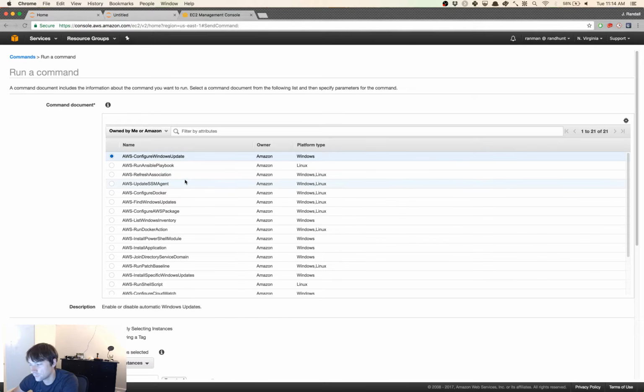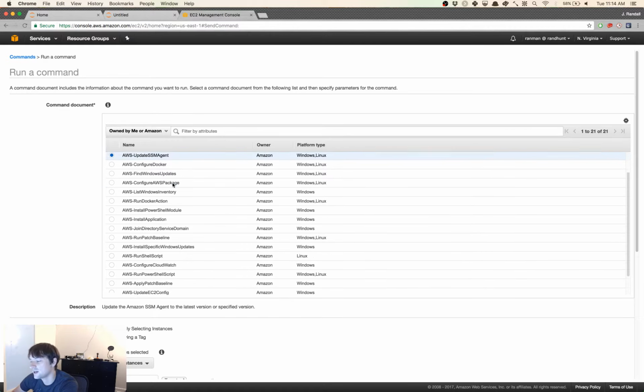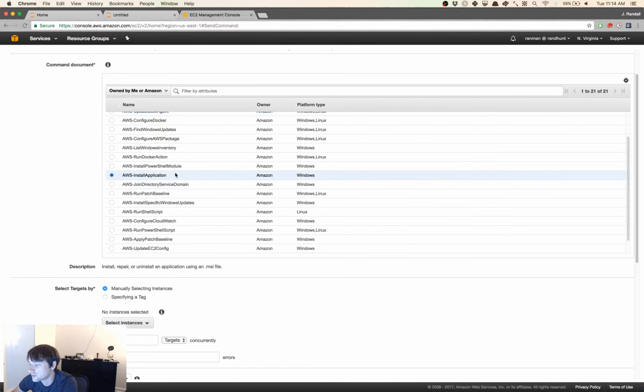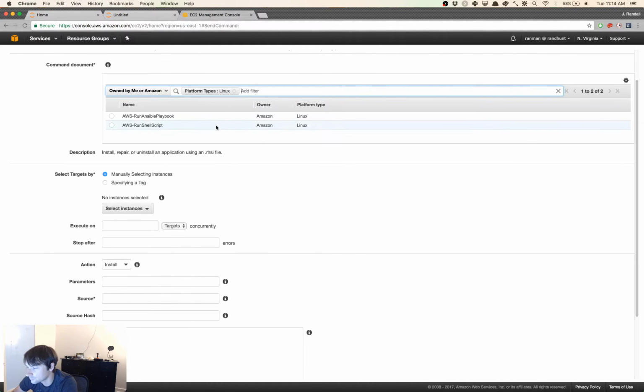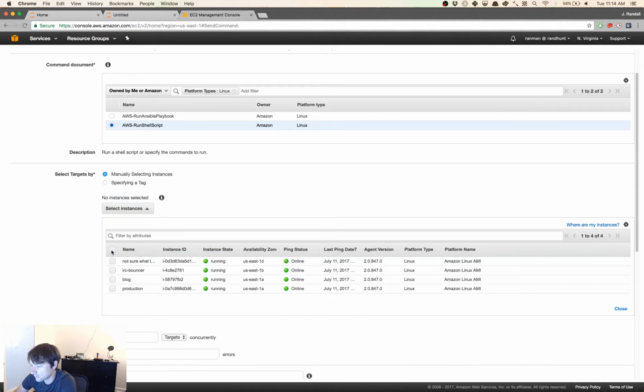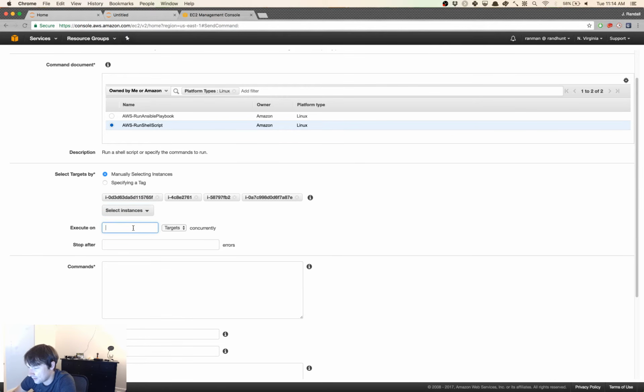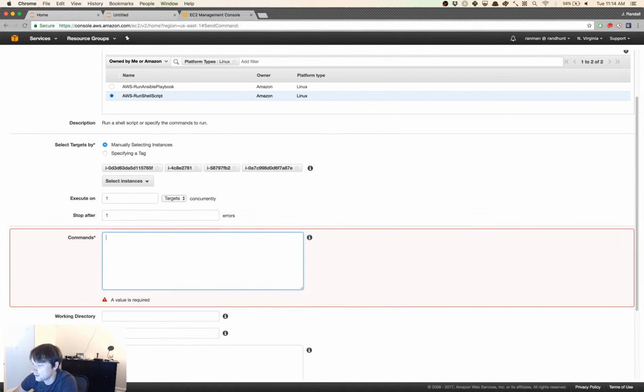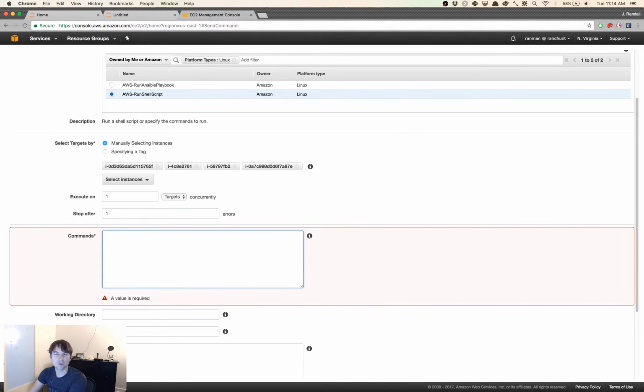And that command that you're running is one of those documents. And you can define the document. So you'll see here I have configure Windows Update, refresh association, or AWS update SSM agent, or AWS install application. And let's look for things that are just on Linux for now. So run shell script is one of the things that we can do. So I'm just going to select all of my instances, and I'll say execute on one target concurrently and stop after 1 errors. And what do we want to execute? Like what's a good shell command? And if anybody types rm-rf, because I know that's coming,